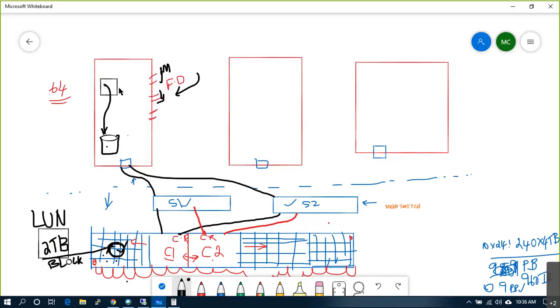Where exactly is the file saved? On this data store, under the folder, under the vmdk file. That vmdk file is saved here, which means the file is actually saved on this hard drive. This hard drive should go and read the zeros and ones in the backend. This much long procedure on the backend. Understood what I'm trying to explain?